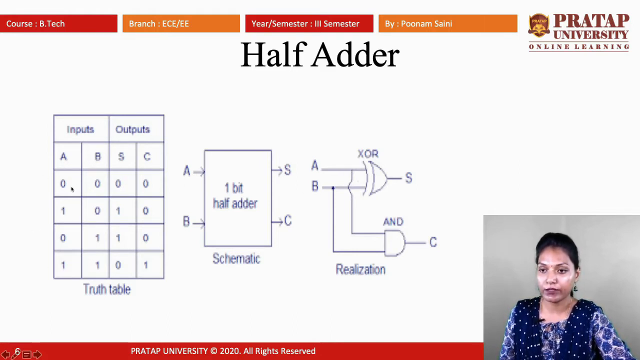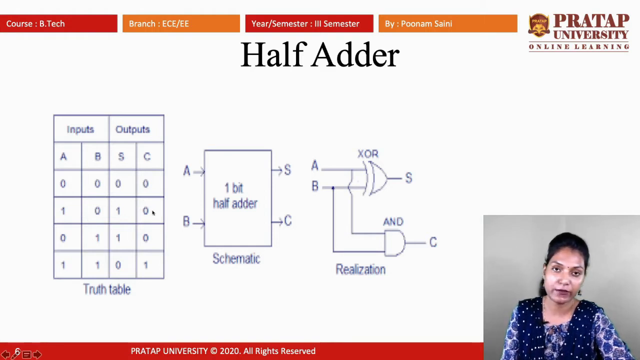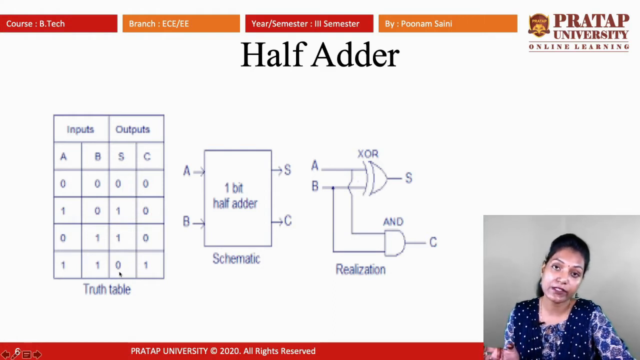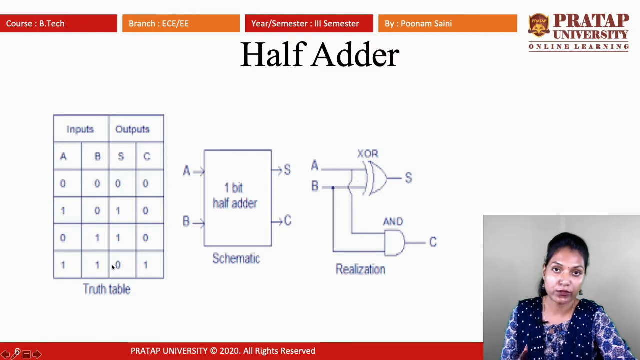Okay, like A and B, when both the bits are 0, then 0 plus 0 becomes 0 and carry 0, because there is no overflow. When 1 plus 0 becomes 1, there is no overflow in the addition, that means carry becomes 0. Then 0 plus 1 becomes 1 and no overflow with the carry, so carry will become 0. And 1 plus 1 is equal to 0, because in binary digits when both the inputs are high, that means 1 plus 1, then the addition would be 0 with the carry 1